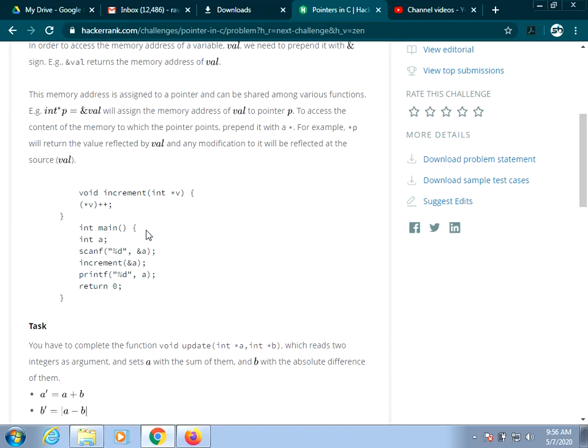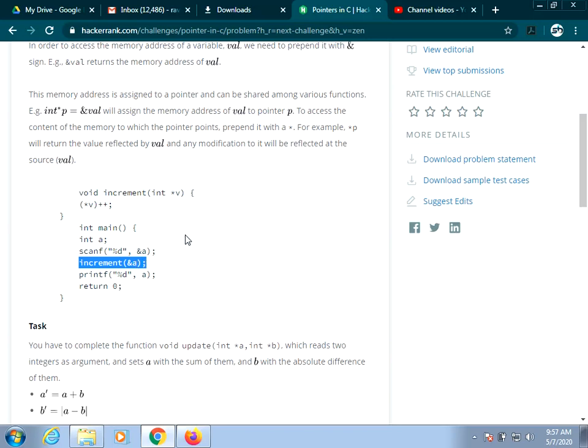So what they have done is they have written a main program in which they have declared a variable a, and they have input that variable a, and you are calling the increment function using call by reference, that is, you are passing the address of a instead of the value.